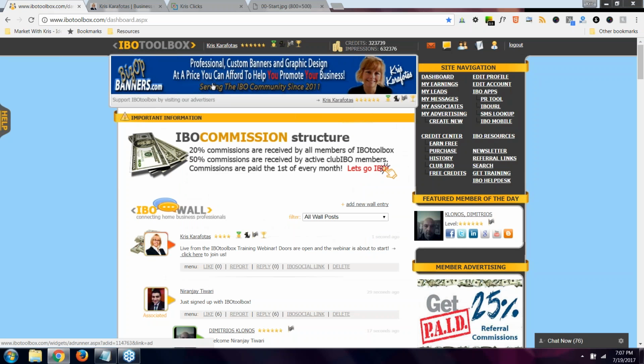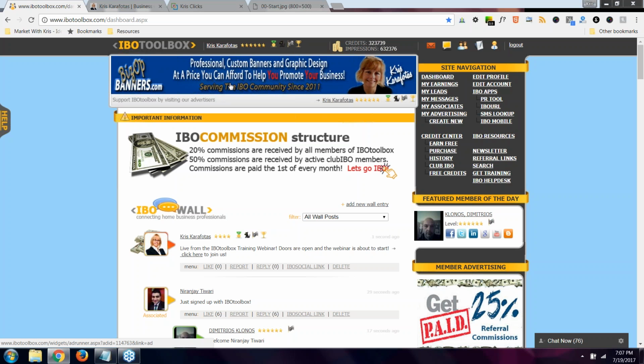Okay, so what is IBOtoolbox? IBOtoolbox is a free state-of-the-art marketing platform. It was specifically developed to give internet marketers the ability to promote their products and services on the internet. By using this powerful suite of tools properly, you're going to see short-term and long-term results from your efforts. IBOtoolbox is a constantly growing business building platform, and it protects its members in a safe haven environment for them